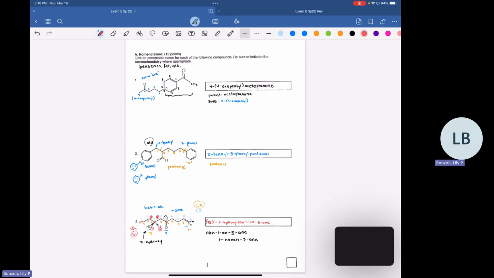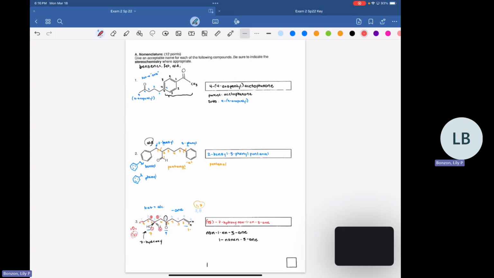Yeah, and so that's kind of the question that she just asked. If you didn't have to put it, would you still want to put it? I just say go for it, because again, if you put the number there and you don't need it, you're fine. But if you don't put it and you do need it, then you'll get points off. So it just builds a good habit.